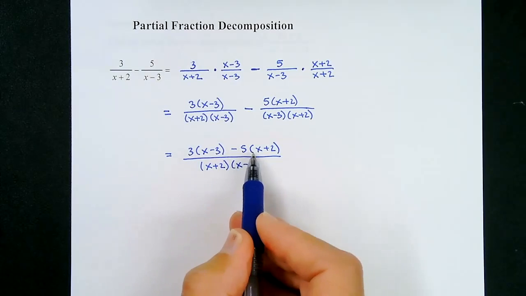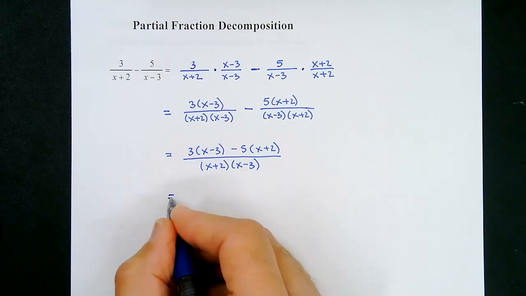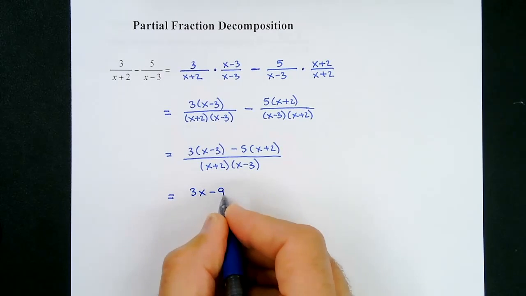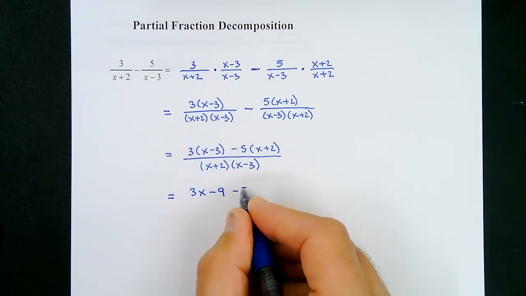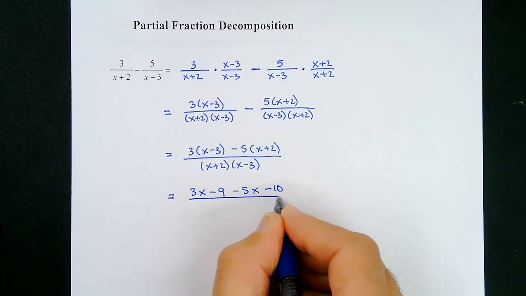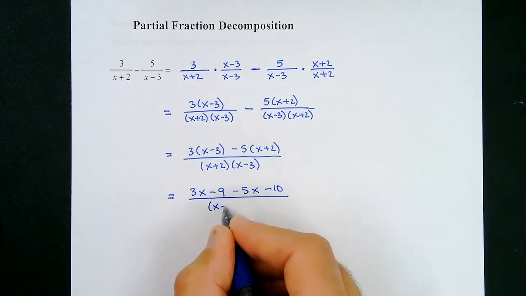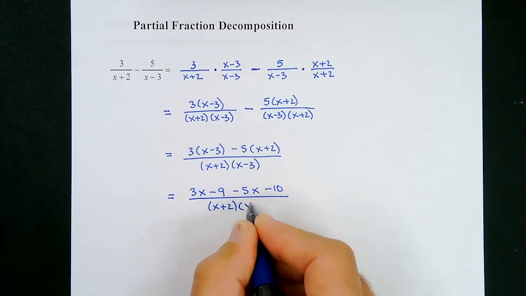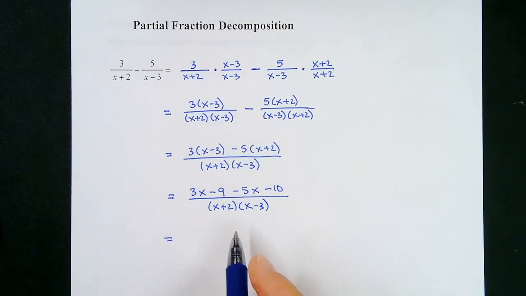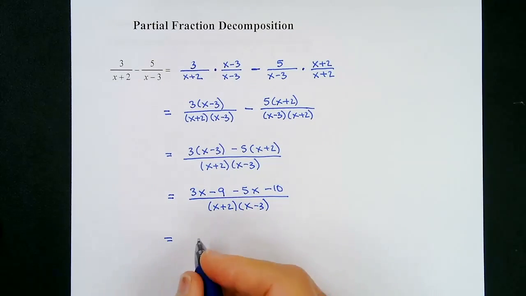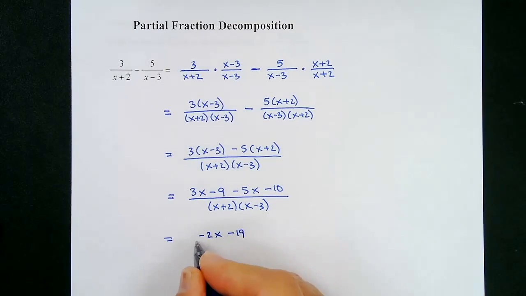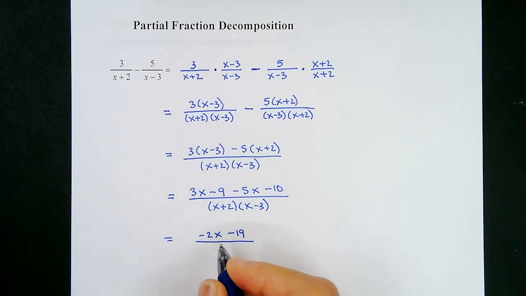Distributing the 3 and distributing the negative 5, that would give us 3x minus 9 minus 5x minus 10 all over x plus 2 times x minus 3. And cleaning this up a little bit more, 3x minus 5x gives us negative 2x minus 19 over x plus 2